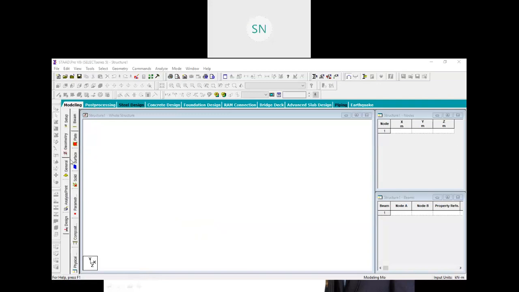See, I am creating one line. So this yellow line is our x, right? Then next we have the y-axis, the vertical one, and next we have the z-axis, like this.